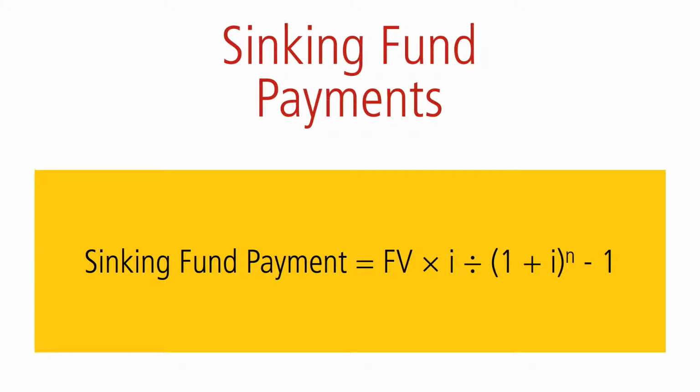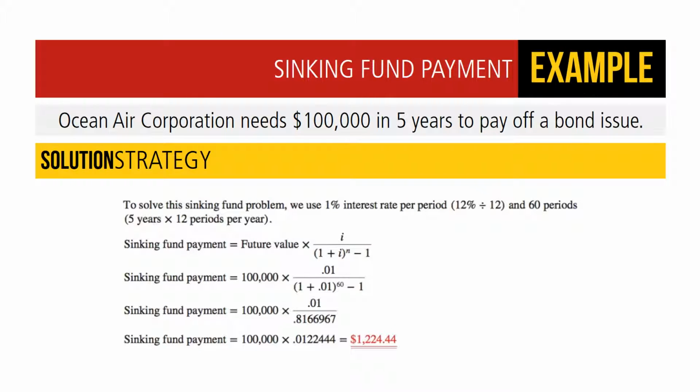Sinking fund payments are equal to future value times I divided by 1 plus I to the nth degree minus 1, where FV equals the amount needed in the future, I equals the interest rate, and N is the number of periods. Ocean Air Corporation needs $100,000 in 5 years to pay off a bond issue. What sinking fund payment is required at the end of each month at 12% interest compounded monthly to meet a